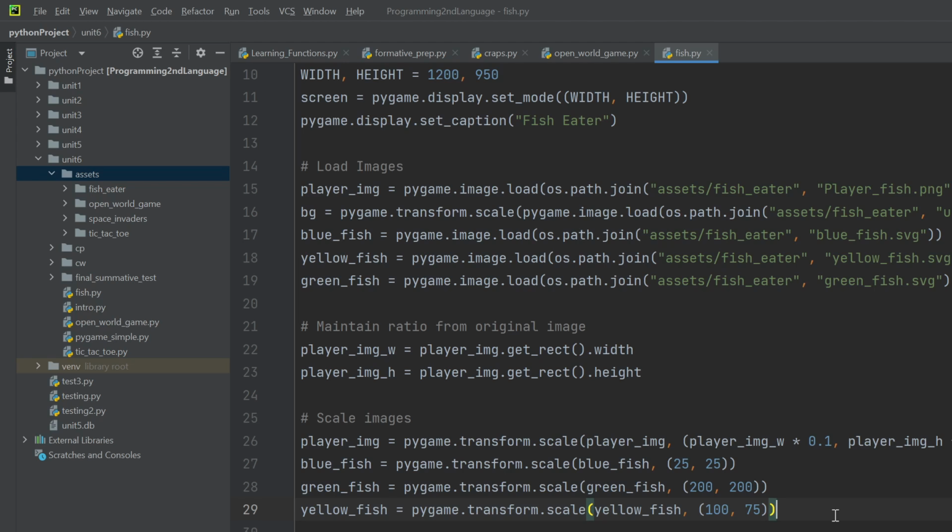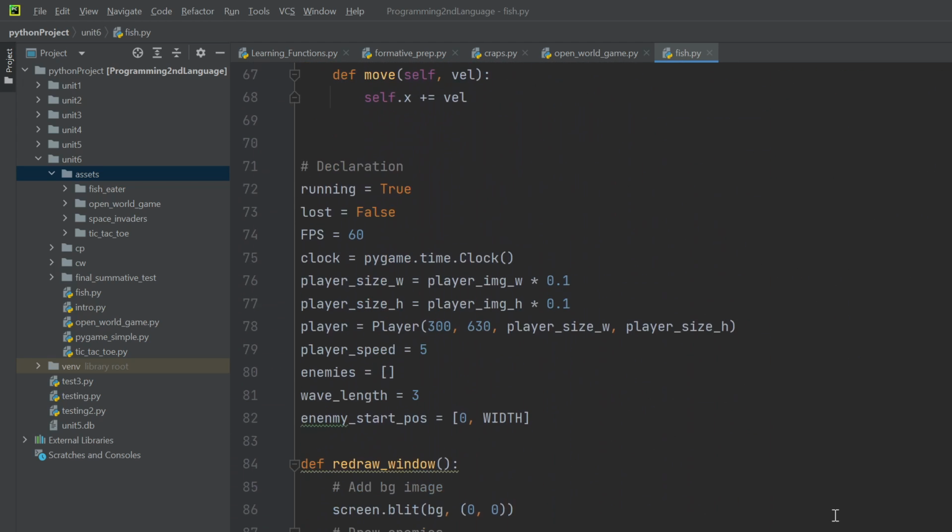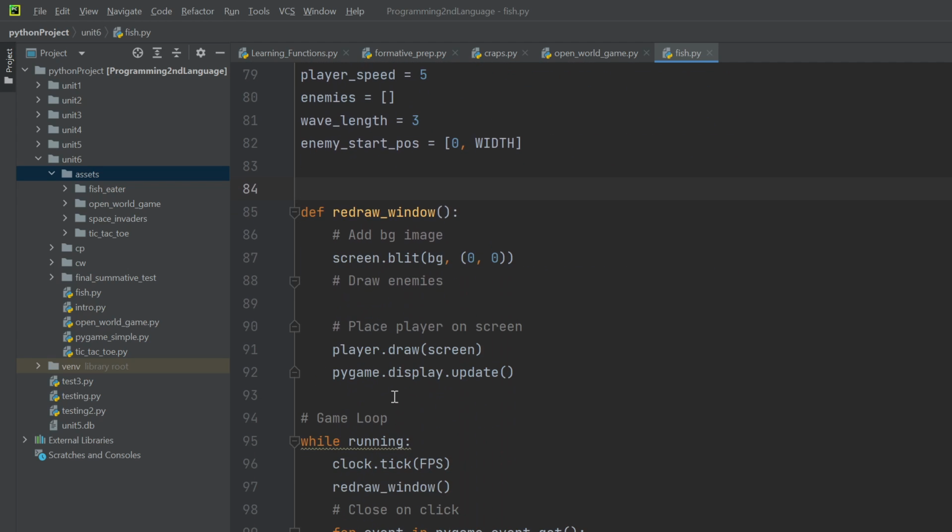Alright, so at this point, we need to go back into our player fish. Well, actually, we can watch him move first. So when we go into the bottom, notice we created a list to hold all of the enemies we currently have on the screen and how many enemies should come in each wave. So like wavelength is 3, that means 3 fish per wave. So on our draw window,